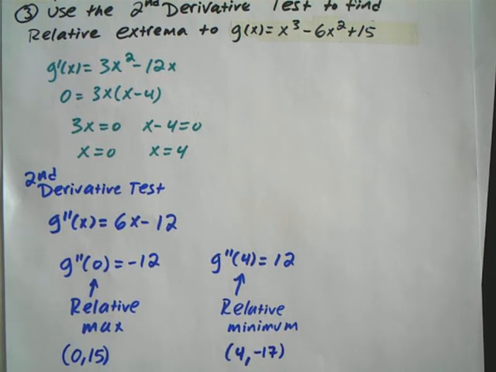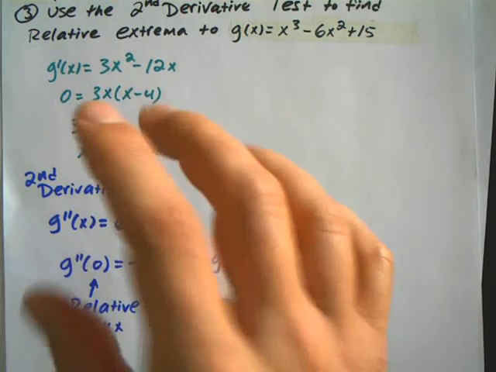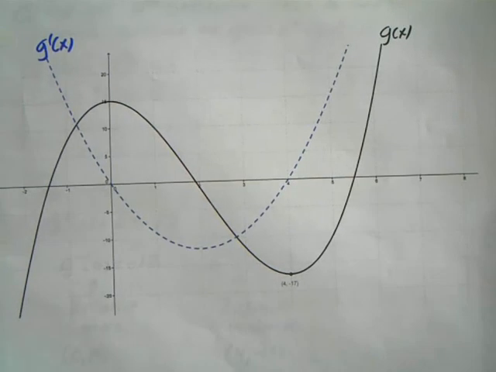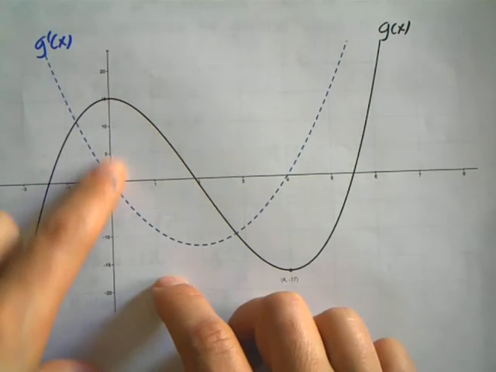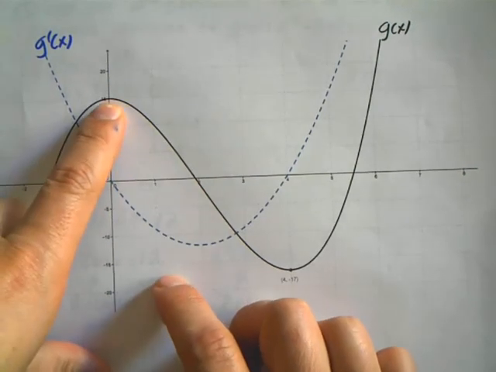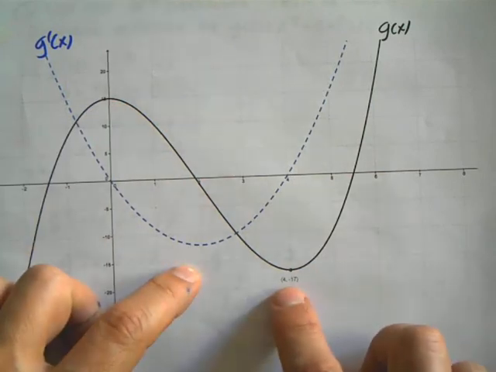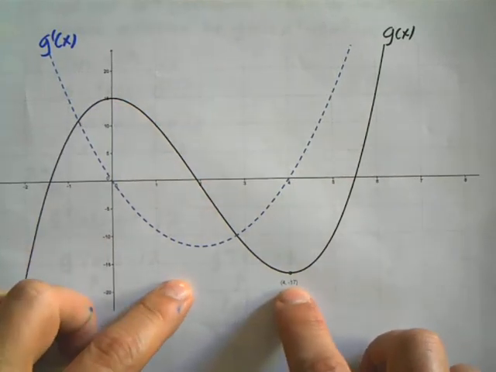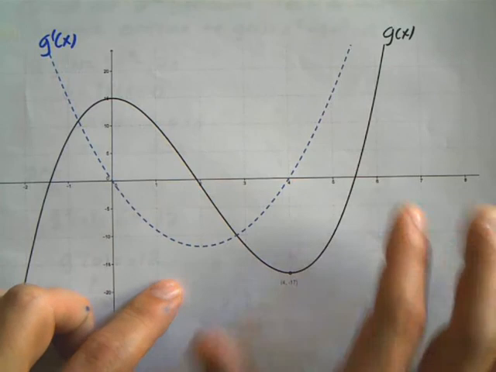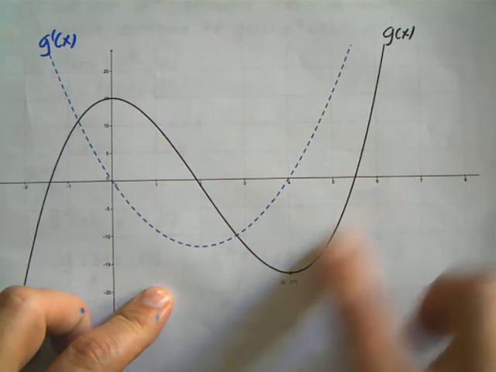And the graph of g is the one I was just showing you guys a little while ago. So you can see that this graph has a maximum at 0 and 15, and has a minimum at 4 and negative 17. So that kind of illustrates that if it's concave up, it's a minimum, concave down, it's